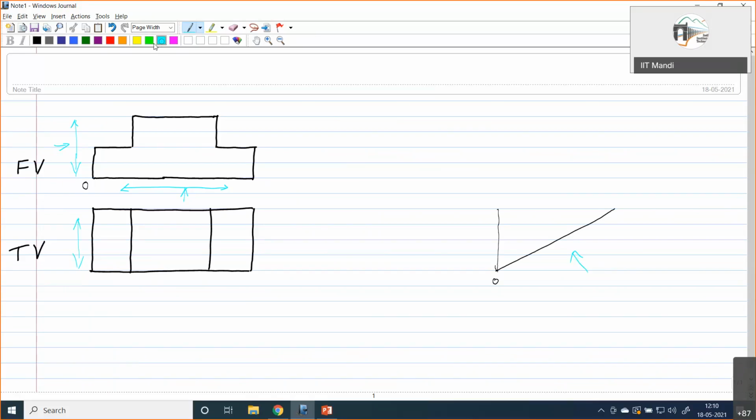And then this will go as the depth, so this will be marked along this. So this is the overall configuration we'll be having. Now, the height I have marked here corresponds to this complete height.